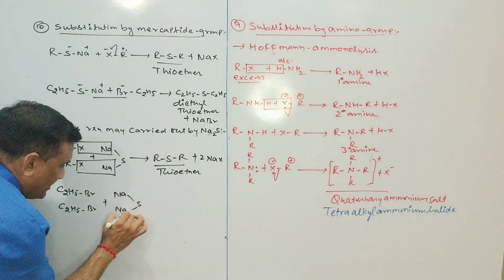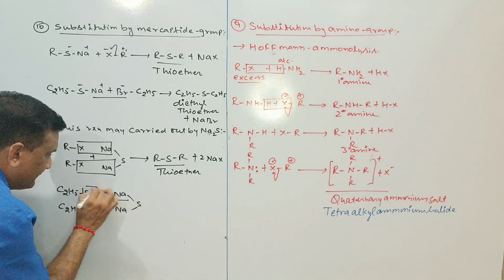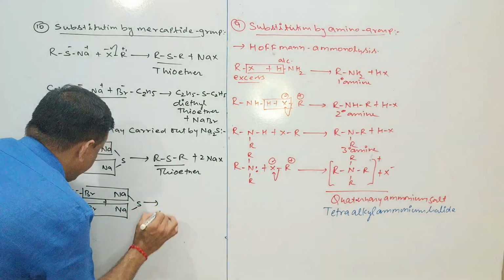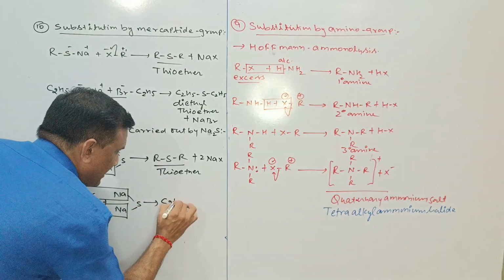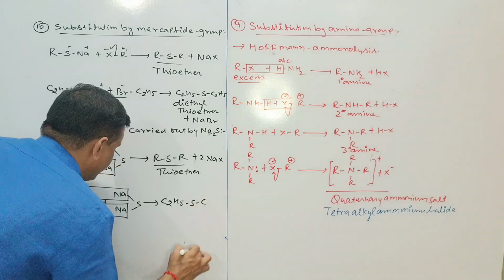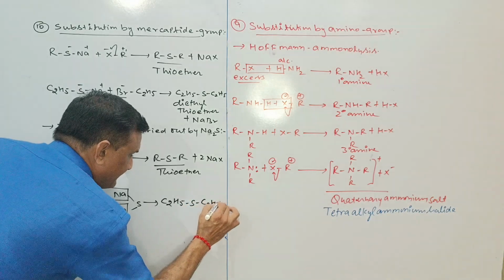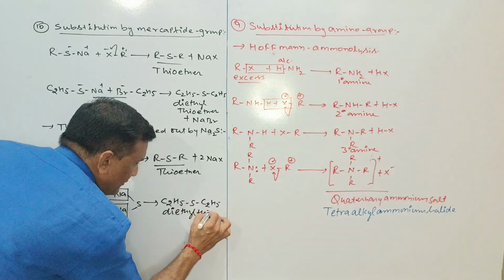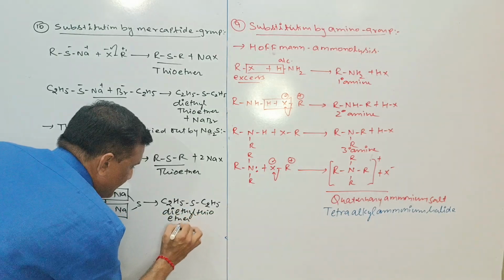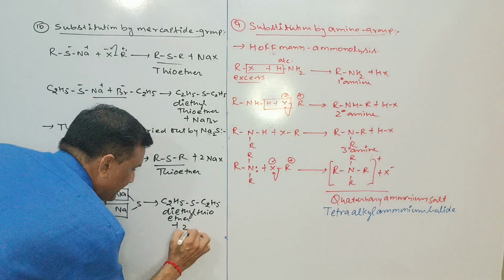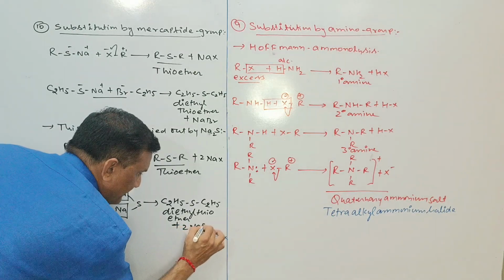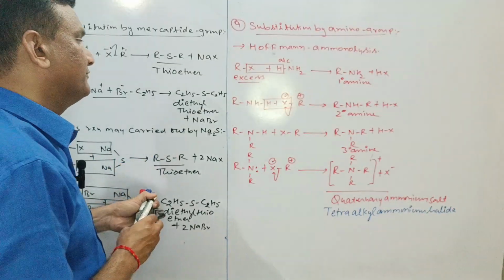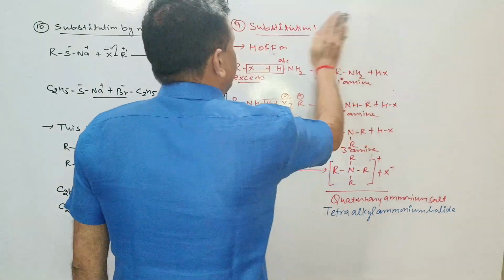Here will be the removal of 2 NaBr, similar to this reaction, and the formation will be diethyl thioether, C2H5SC2H5, and the removal of 2 NaBr. This was about the 10th reaction